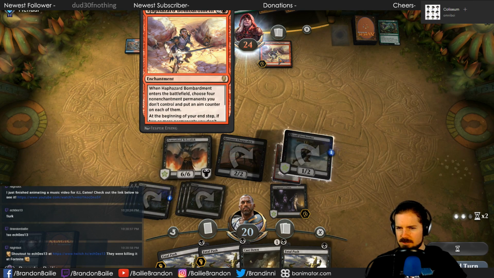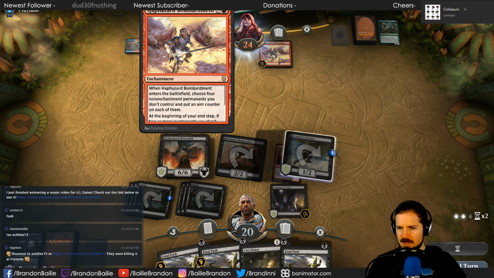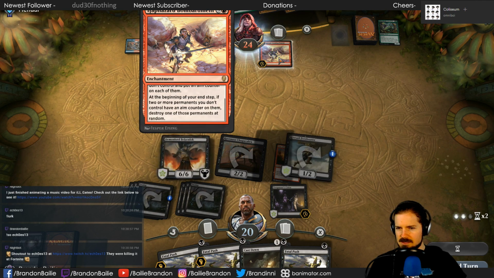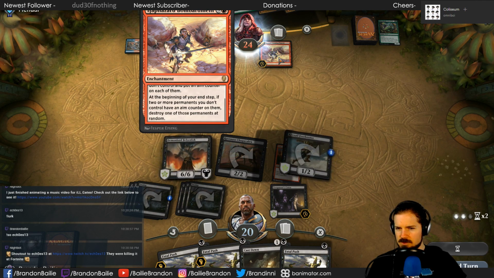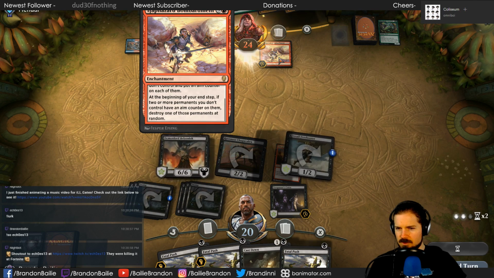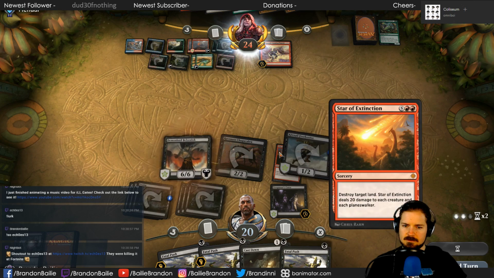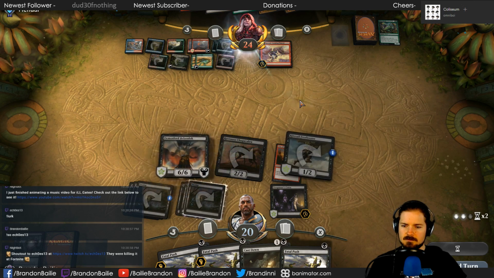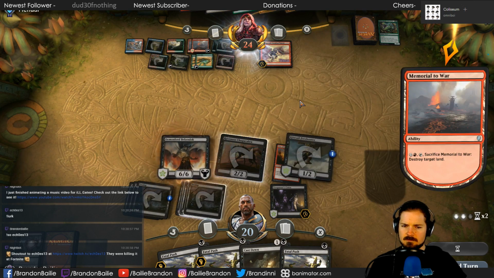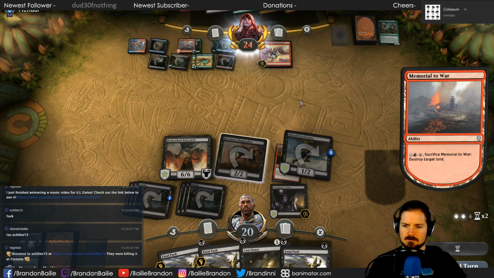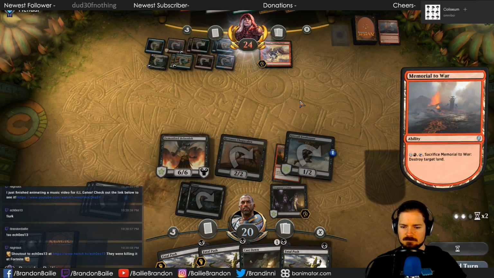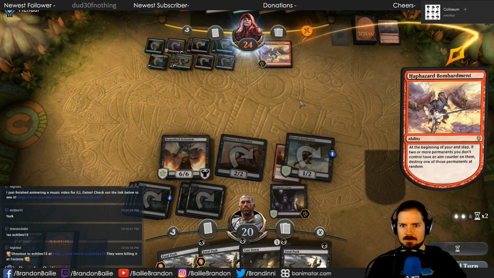Choose 4 non-enchantment permanents you don't control. Put an aim counter on each of them. At the beginning of your end step, if 2 or more permanents you don't control have an aim counter on them, destroy one of those permanents at random. Oh my. Ooh, destroy target land. All right. I am down a land.